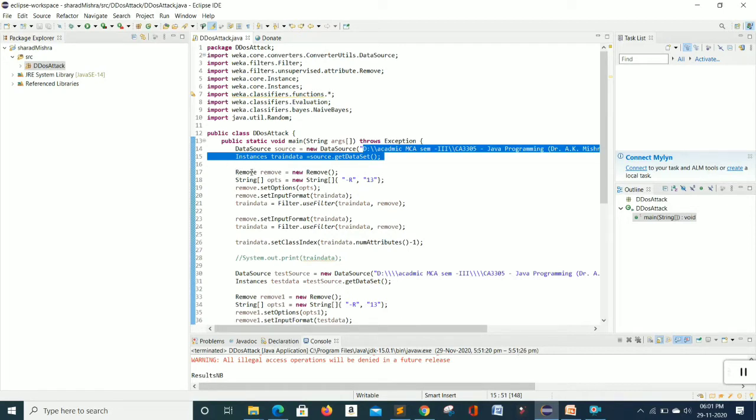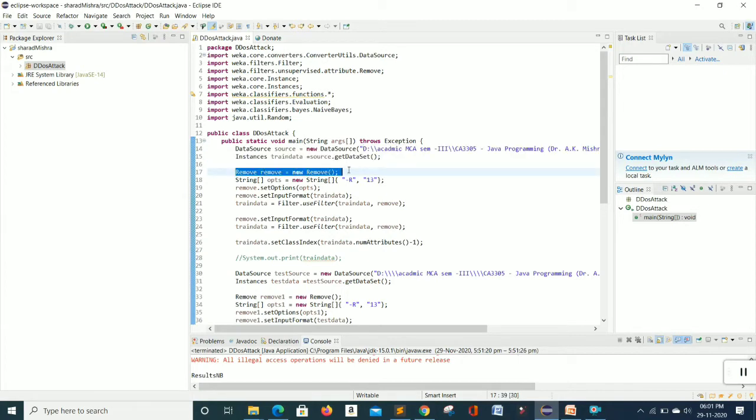Then we use the remove class. Again we can see here we import the remove class, and we use it to remove the unnecessary attributes from our dataset.